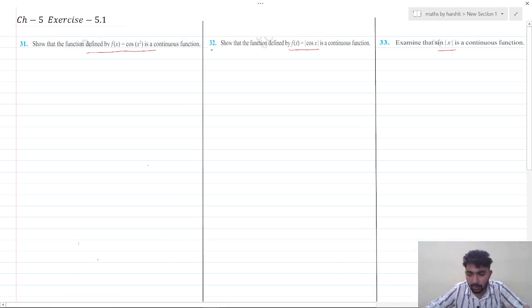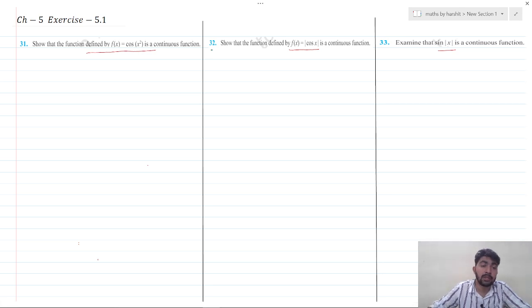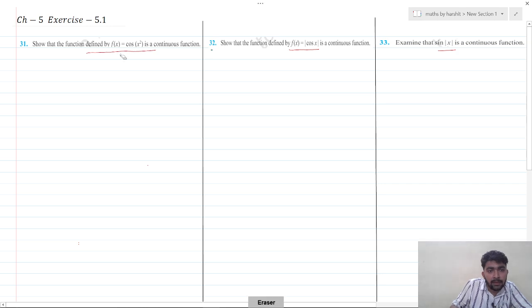First thing you can observe here, the second thing we need to observe is that the function is a composition of other functions, or they are defined by addition or subtraction. So here you can see that f of x is basically